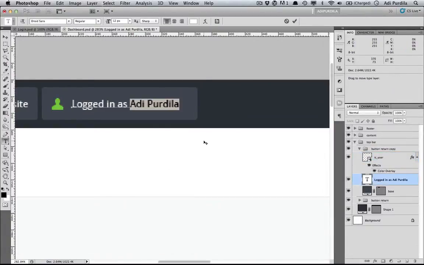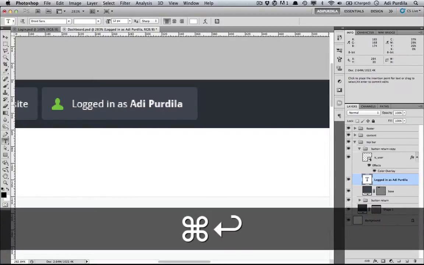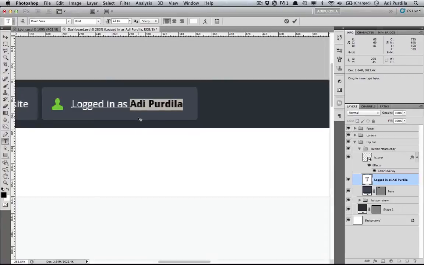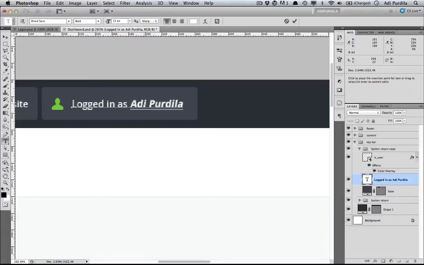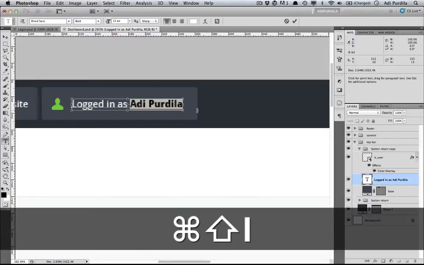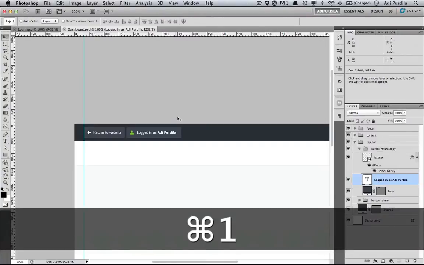Alright, the username should be bold, so if you don't know the shortcut, Command or Control Shift and B stands for bold, U stands for underline, and I stands for italic if the typeface you're using supports italic. But for now, I'll just use bold. Alright, so logged in as the admin,